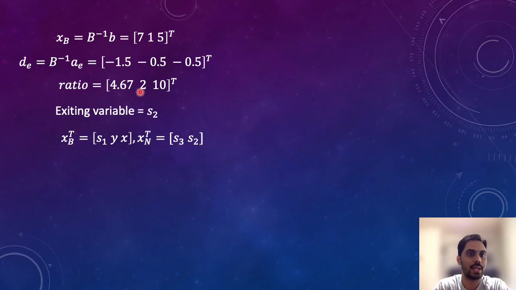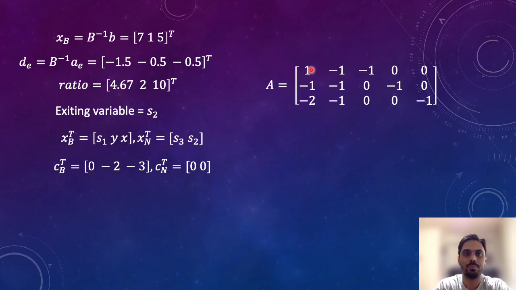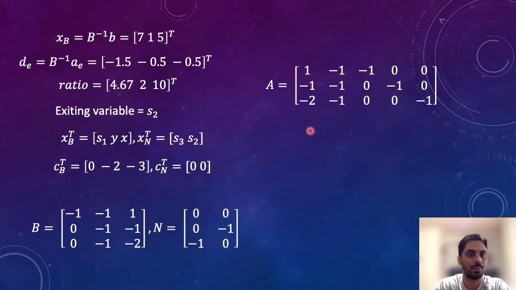So the first one looks like S1, y, x, and the second one looks like S3 and S2, the non-basic variables. Now same thing with objective coefficients. That will be 0, minus 2 and minus 3, the coefficients of S1, y and x in our objective, and Cn will be 0, 0. Our A was as before, it doesn't change, and using that we can compute B and N. So B will be the columns of S1, y and x. So the column of S1 is this, y is this and x is this, right? We use that and compute that thing,